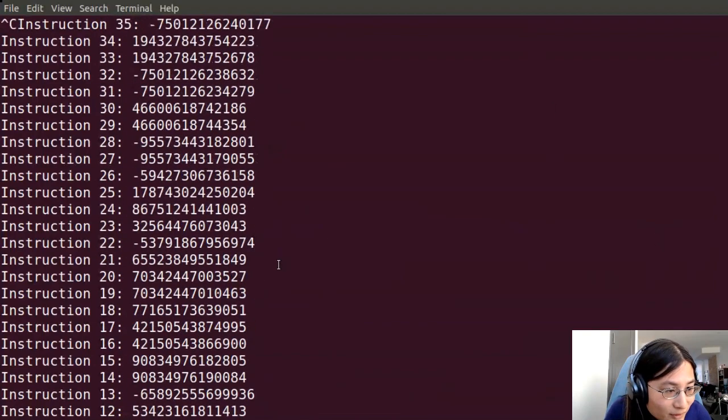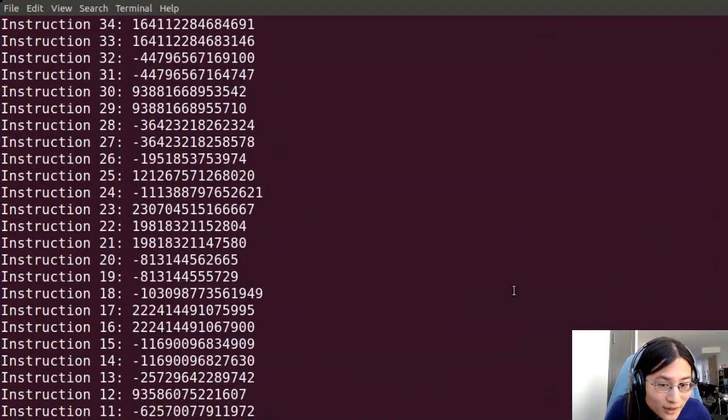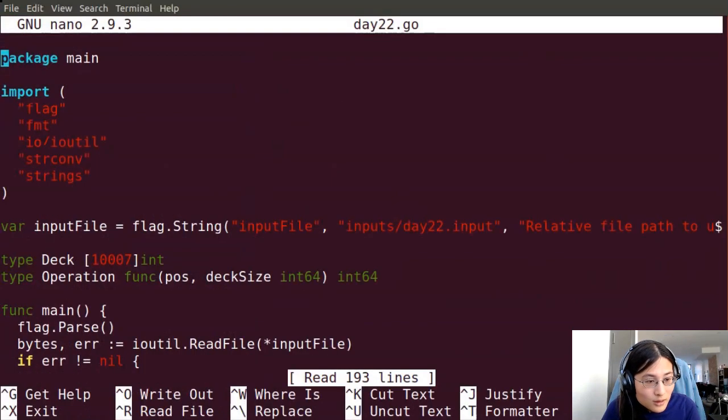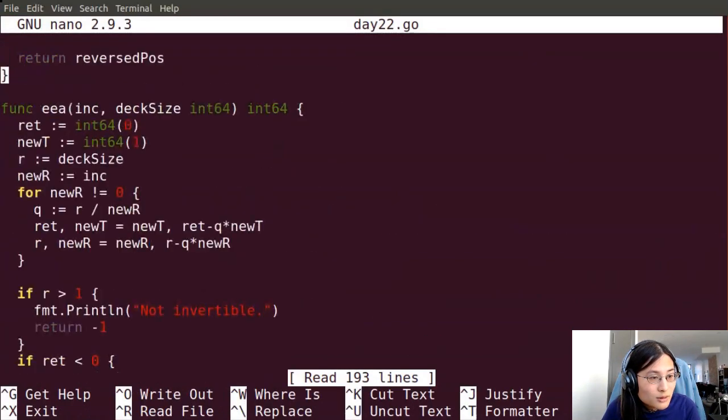So I'm still getting negative numbers, and I should not be getting negative numbers. Where are my negative numbers coming from? So the simplest way of checking this is asking